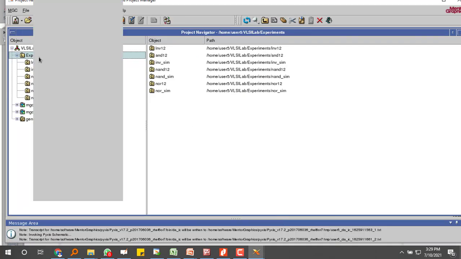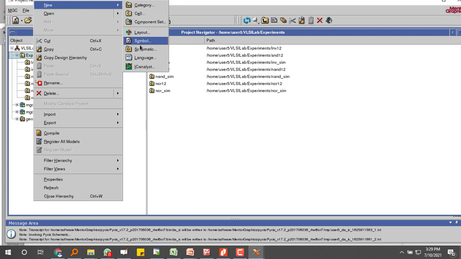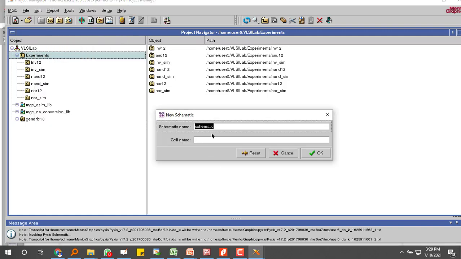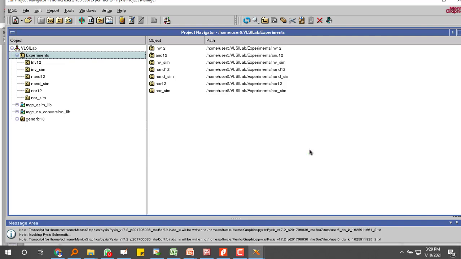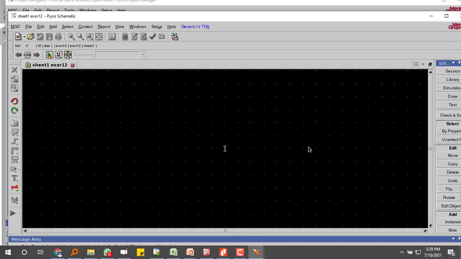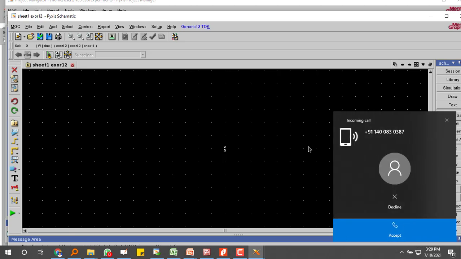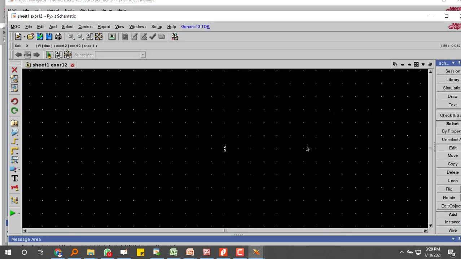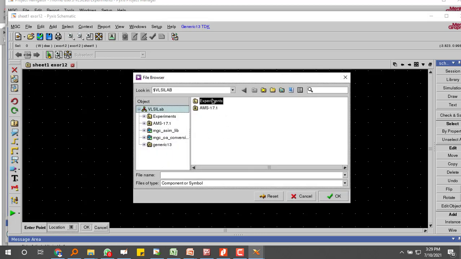So here I will be designing a new schematic for XOR. So the exclusive OR gate I am creating. For the exclusive OR gate I require two AND gates.